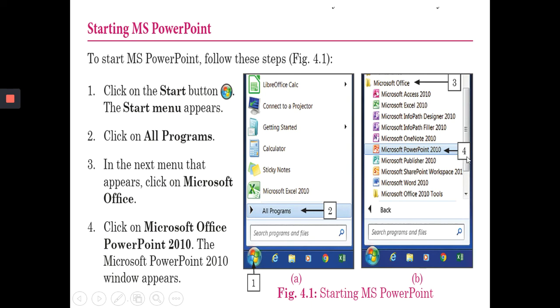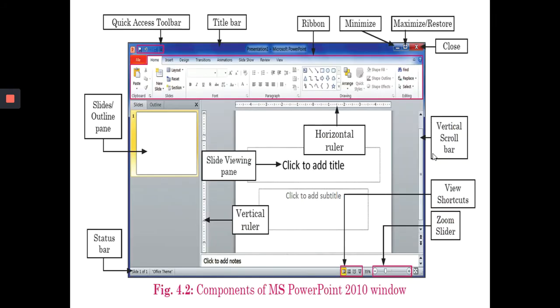দেখো Microsoft PowerPoint number 4 দিয়ে indicate করা আছে. Okay. So Microsoft Office এর মধ্যে Microsoft PowerPoint, when you click on Microsoft PowerPoint, the Microsoft PowerPoint window will appear. So first কি করব, number one start button, then I have to click all programs. Now after all programs the Microsoft Office option will come. Now when you click on Microsoft Office, there will be a lot of software that will come, and among them you have to select Microsoft PowerPoint 2010. Now when you click on Microsoft PowerPoint 2010, the PowerPoint window will appear.